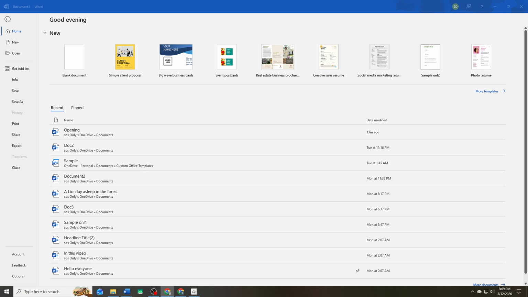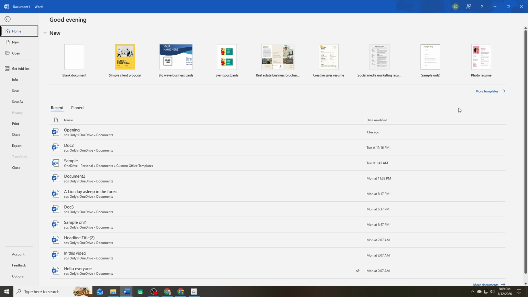In today's video, I'm going to teach you how to get a Christmas tree border in Microsoft Word. Adding a festive border is a fun and creative way to enhance holiday documents, greeting cards, invitations, or letters. Microsoft Word makes it simple to add decorative borders, and with just a few steps, you can give your document